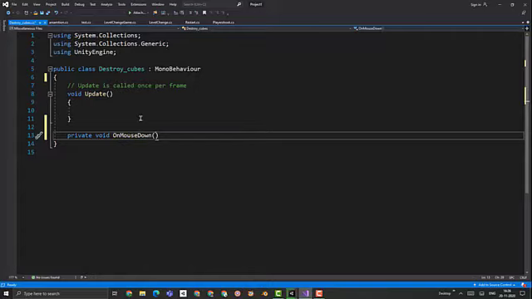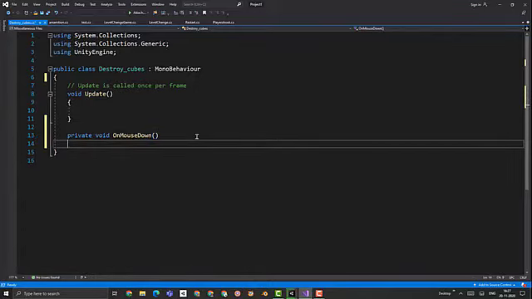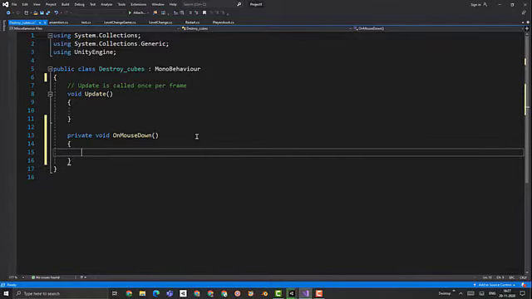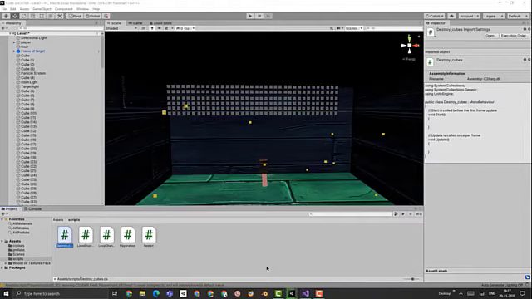and then open parenthesis, or you can call brackets, click enter, backspace, open the curly brackets, and again hit enter, and then we here write destroy cubes, we write Destroy, brackets, gameObject, semicolon at the end. Save this, go back in Unity,